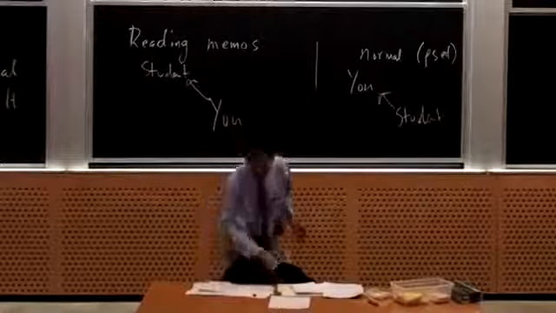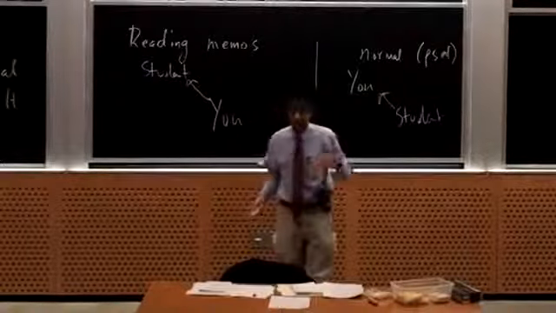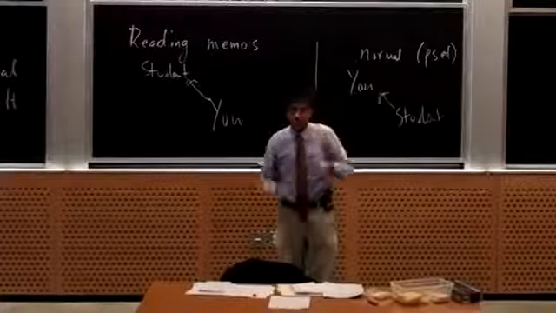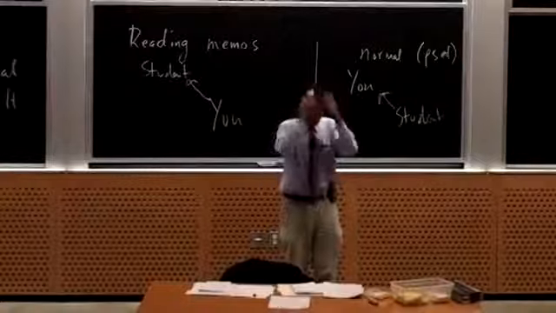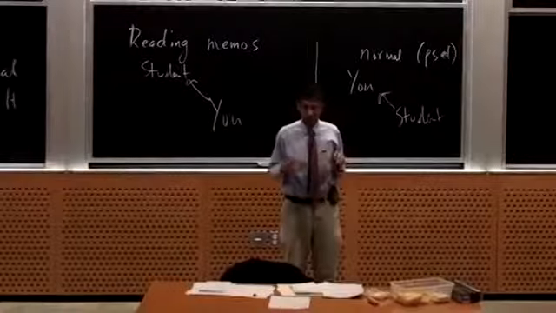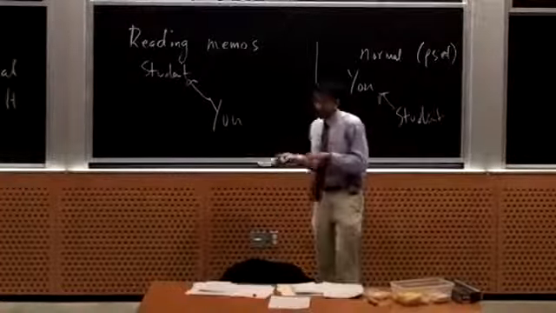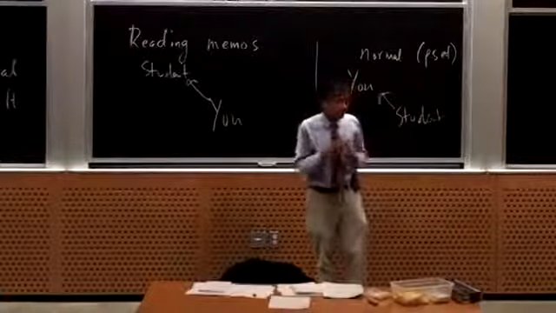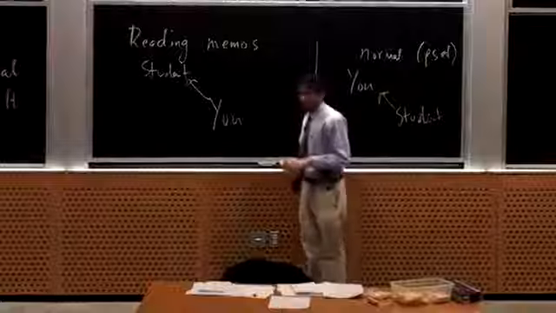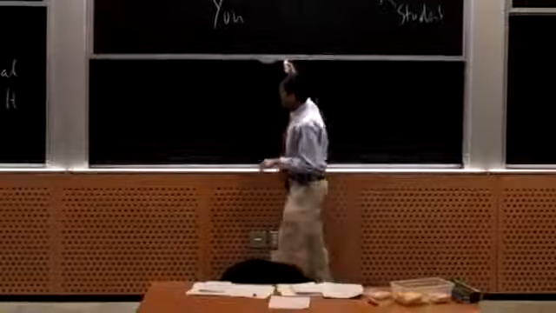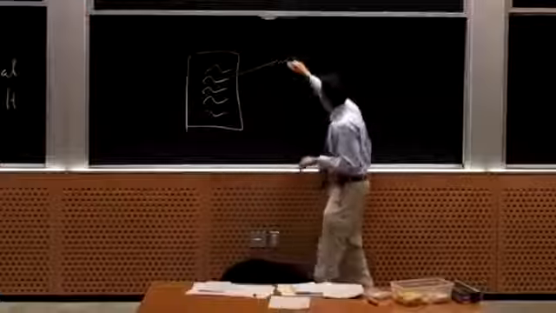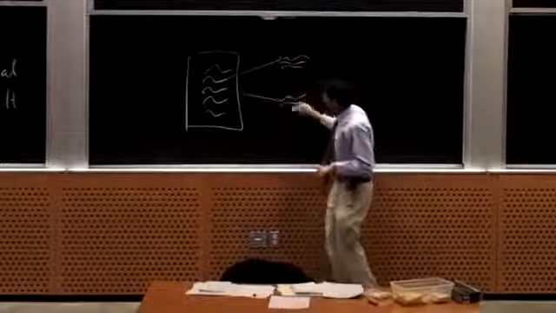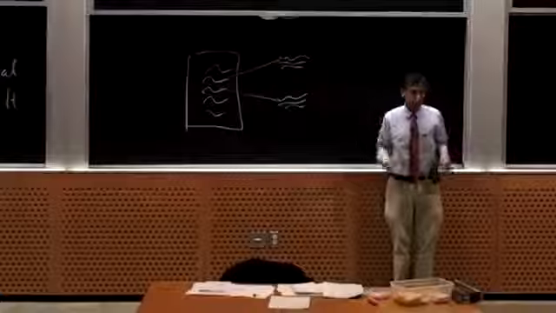So now, the problem is, what do you do when you have 50 people in a class and you get 50 memos? I've had this problem, and one thing I do is I just feel overwhelmed and I just flip through them, but I don't know what to do. Another is I revise my notes based on it. But I think the correct solution is an online system. So what you want is an online system where you can post a PDF file, and then people make comments on the PDF file. So everyone gets to see an image of the page, and they can just click and make a comment. And everyone gets to see their own comments, and then when they submit them, they get to see everyone else's comments.